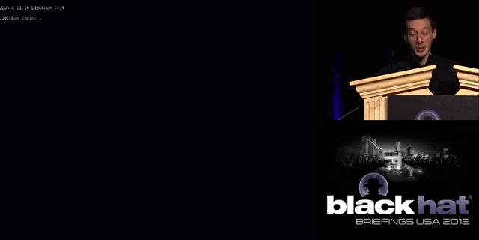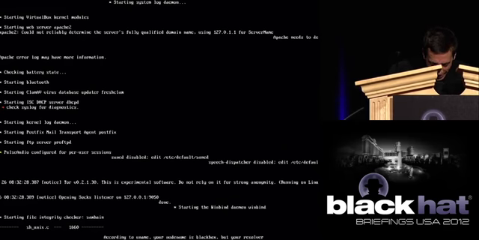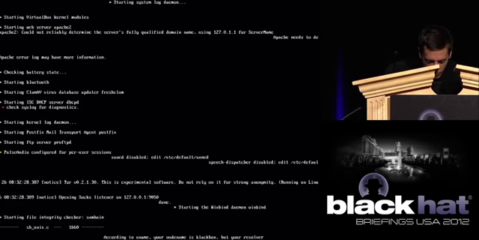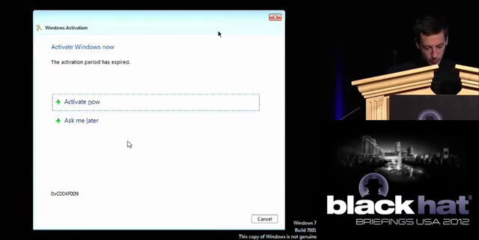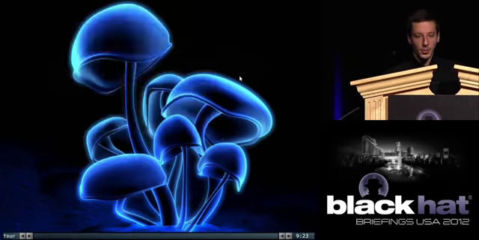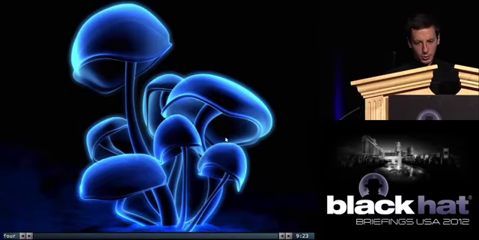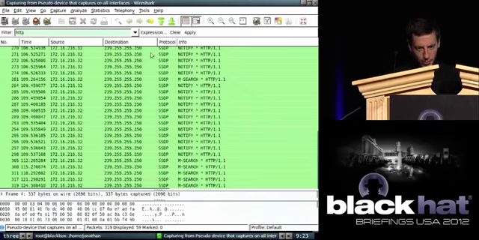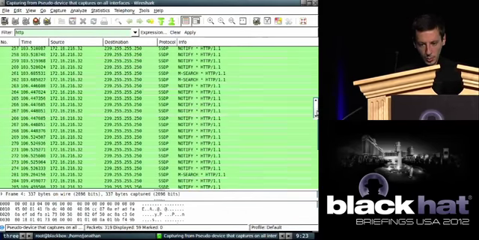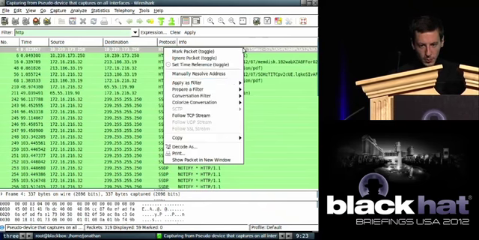Wait until we look at the packets, come on. Okay, so I'm just going to kill it. So let's look at what really happened in terms of HTTP connections. So first off,